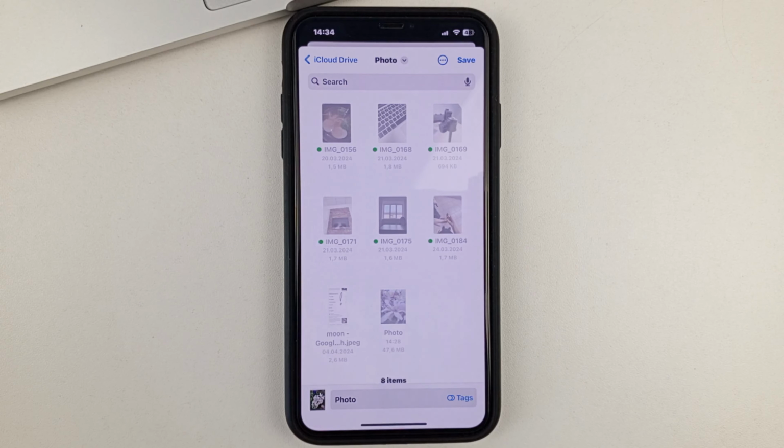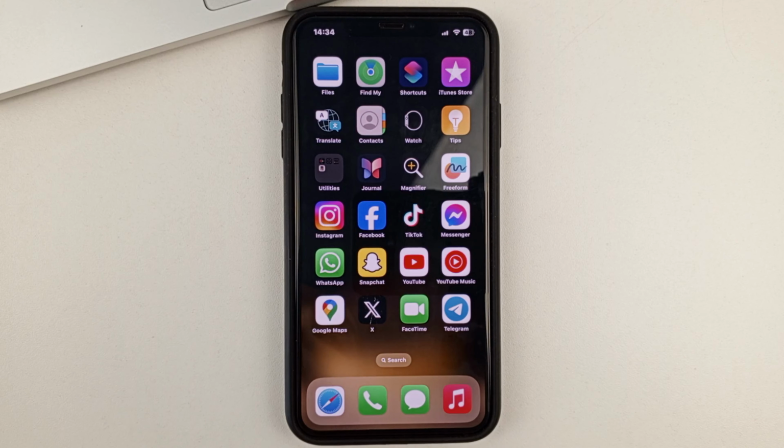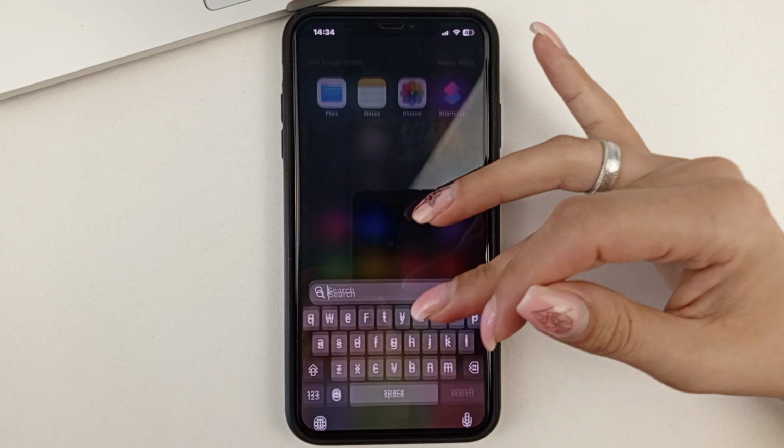And after that, you'll need to find an app on your phone called Files. It's installed on all iPhones. It looks like this. If you don't have it on your home screen, then you can easily find it by swiping your finger down on the screen. You'll get this search box where you just type in the word files. And as you can see, this application comes up. You open that app.